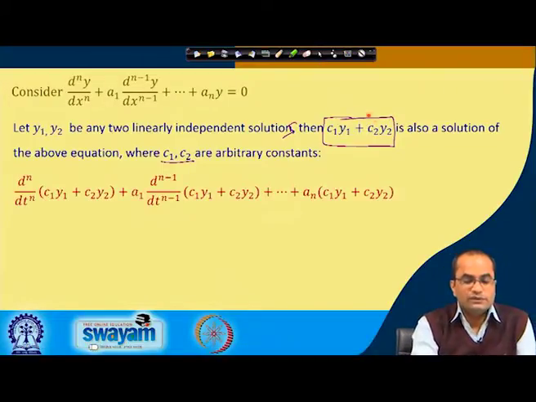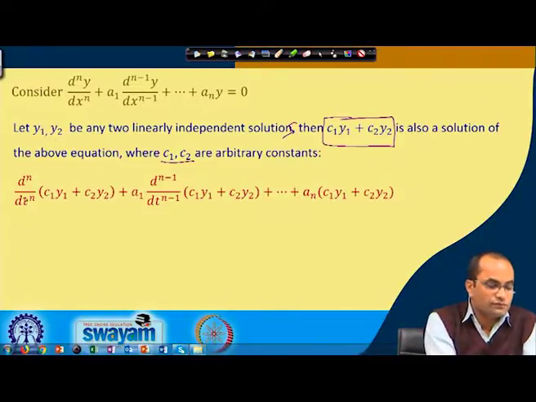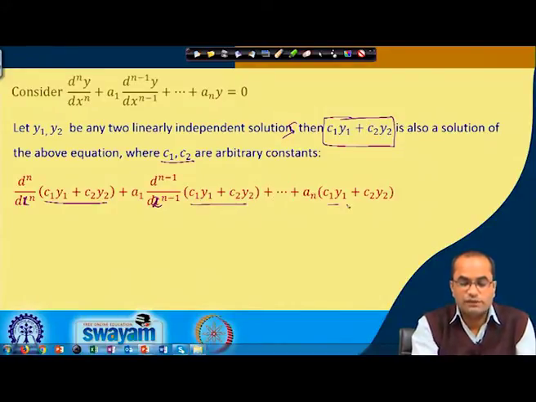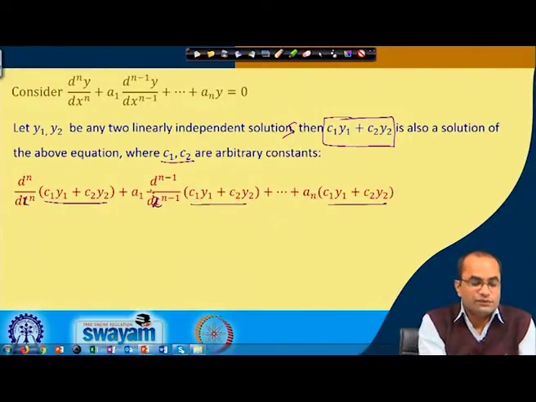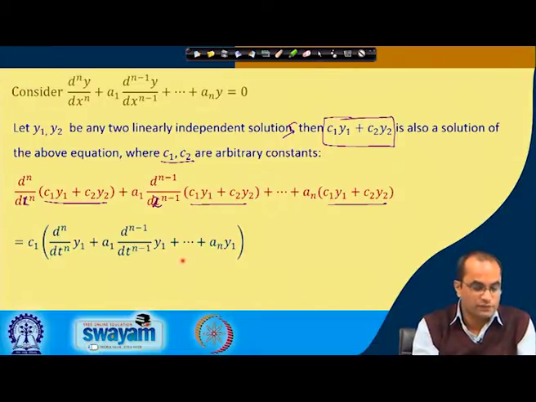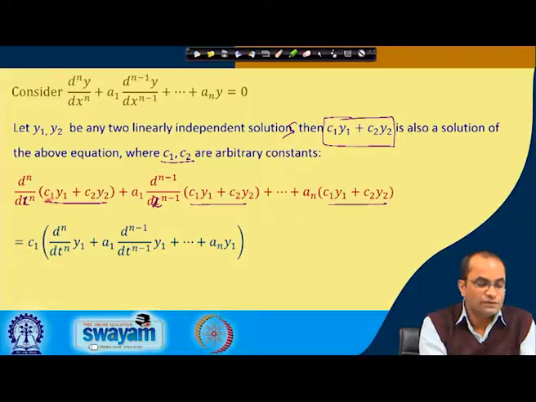So, what we have to do is just substitute c 1 y 1 plus c 2 y 2 into the equation. So, we have the nth order term with this x here, not the t, we have used x there. By substituting c 1 y 1 plus c 2 y 2 in place of y, we will check if this is equal to 0. If this is the case, then we call this also a solution of the given differential equation. So, what we can write now, the c 1 we take common from every term, and then write down this